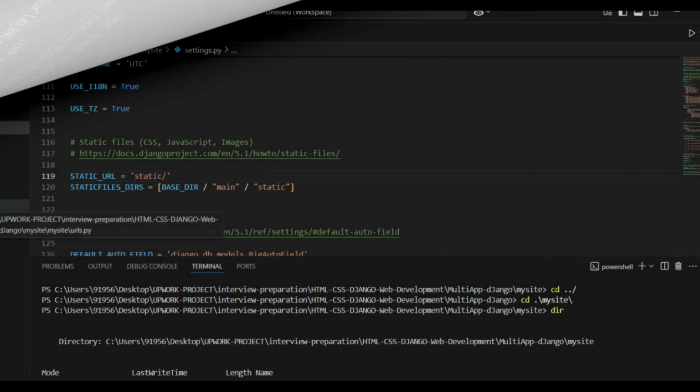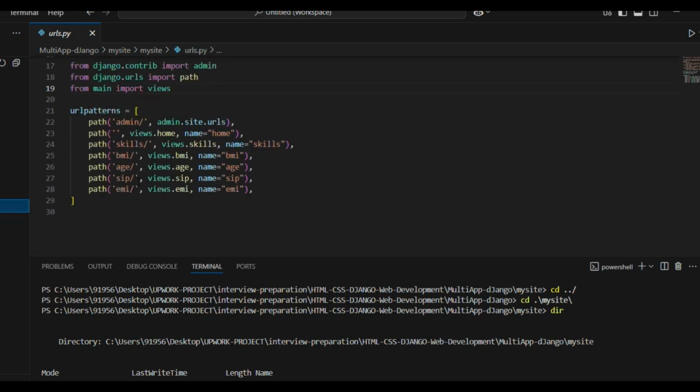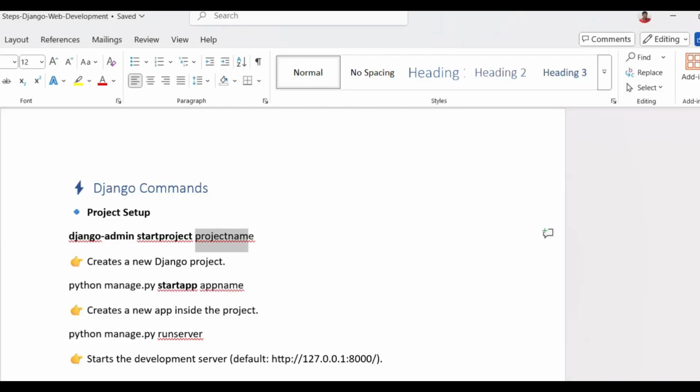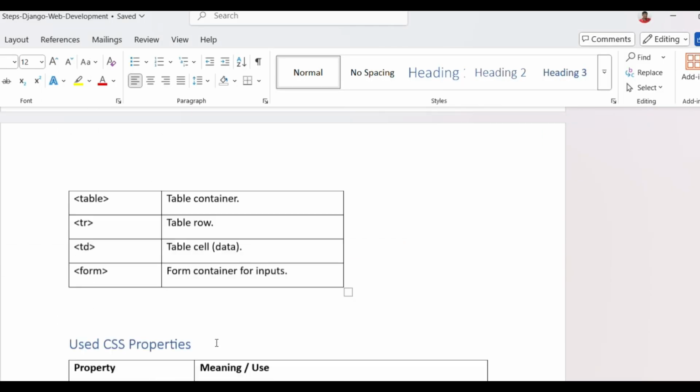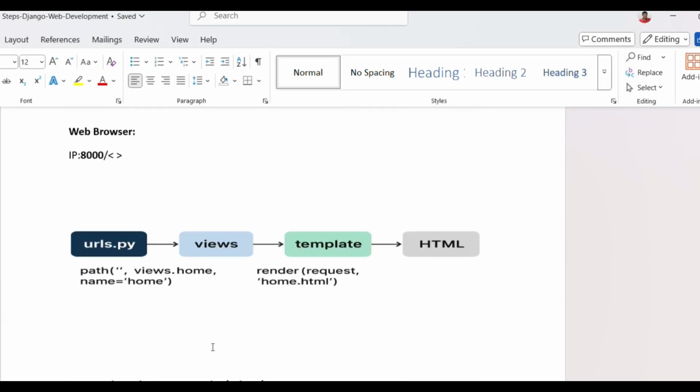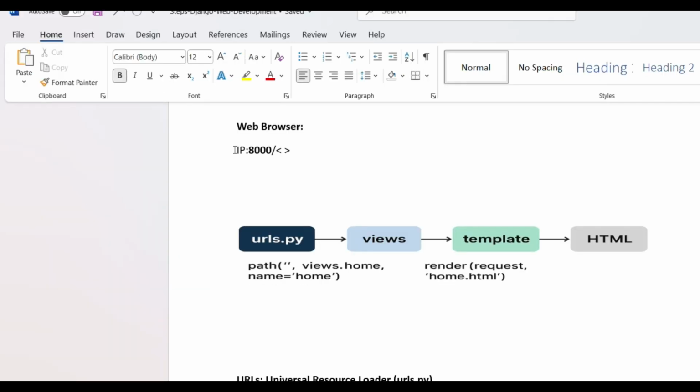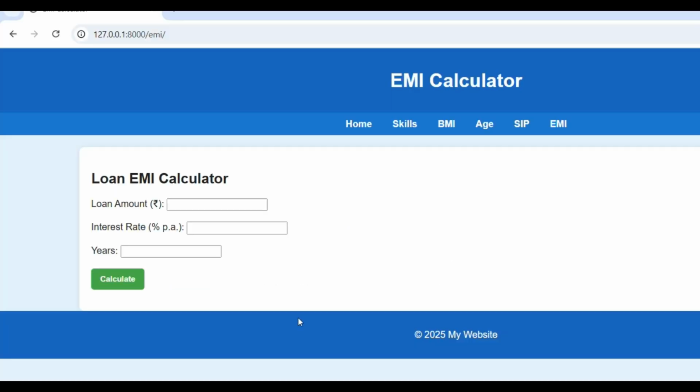Now let us come to urls.py. In order to understand this one, we need a little bit of exposure, so we are going over to here to explain. Once you run the server, it will get the IP address followed by the port number, and you can see it on this screen.